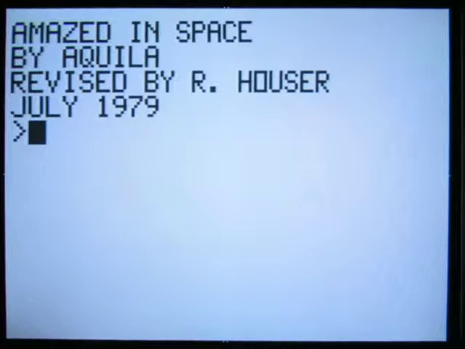Hi, this is a review of aMAZEd in Space by Aquila. It was revised by Richard Hauser for publication in the Arcadian newsletter for the Bally Arcade. This came out in July 1979, and it was originally submitted to Bob Fabris, the publisher of the Arcadian, in